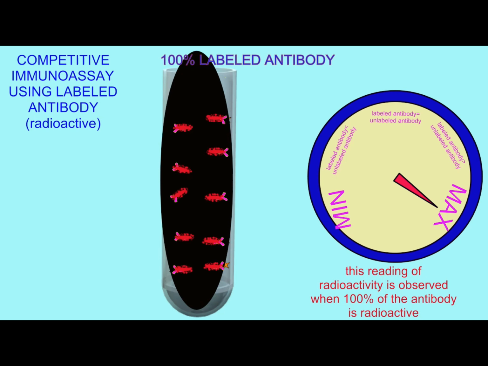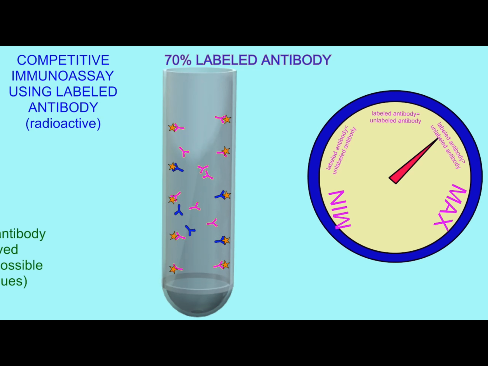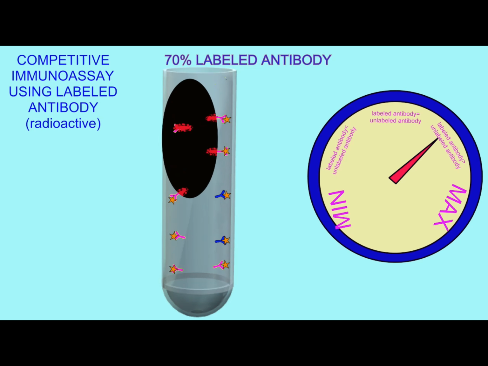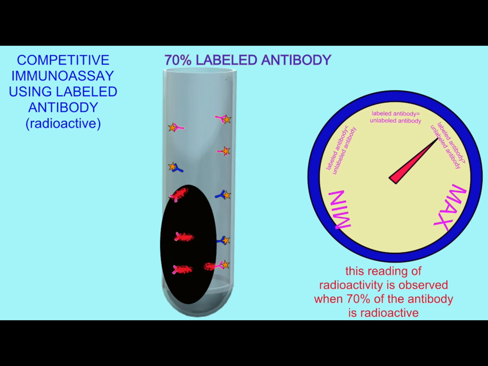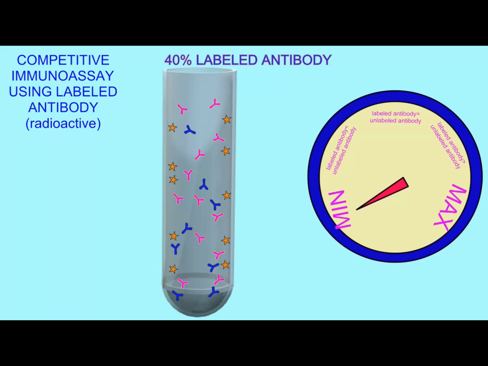If, however, antibodies from a second source, say from a patient's plasma, are added, then they compete with the labeled antibodies, and thus fewer labeled antibodies will be able to bind the antigen, more will be washed away, and the reading will decrease. And so not only could this test demonstrate the presence of antibodies in a patient's blood, but